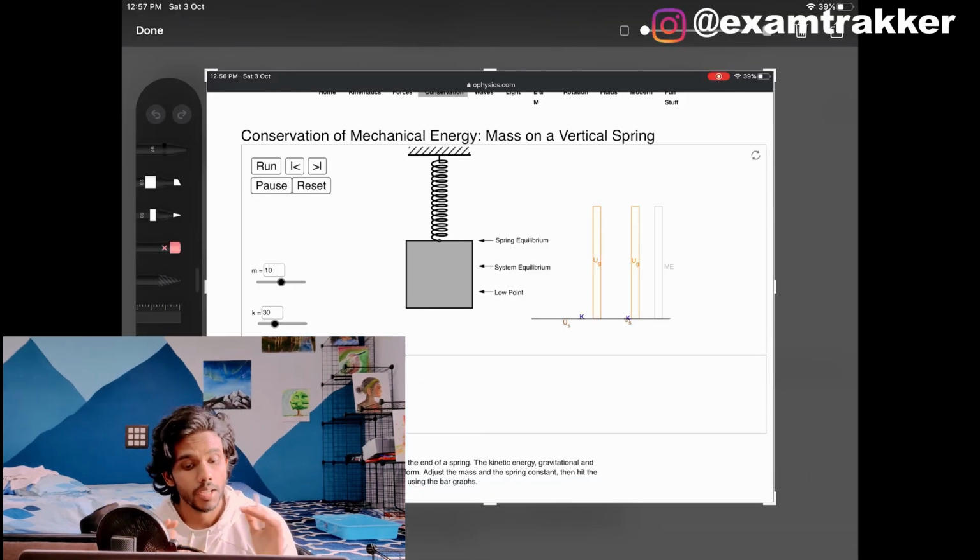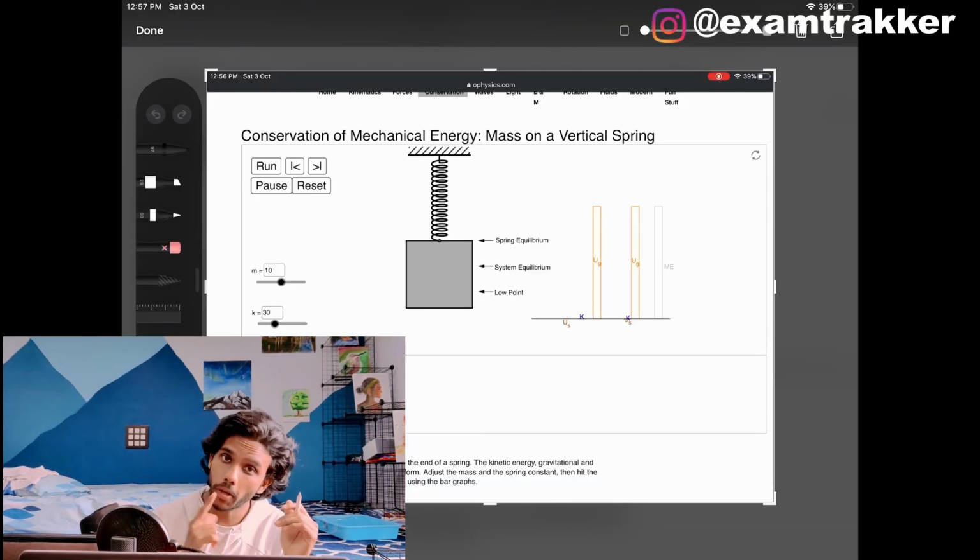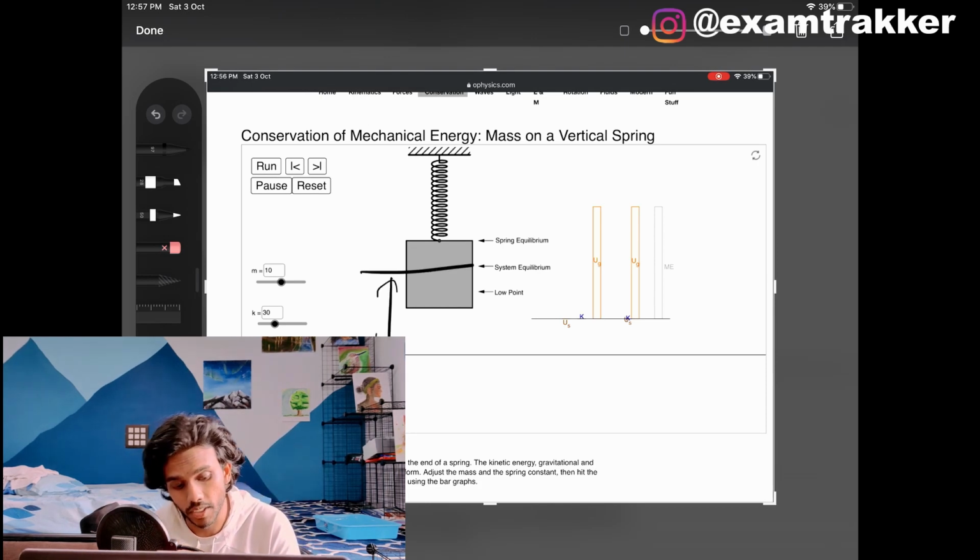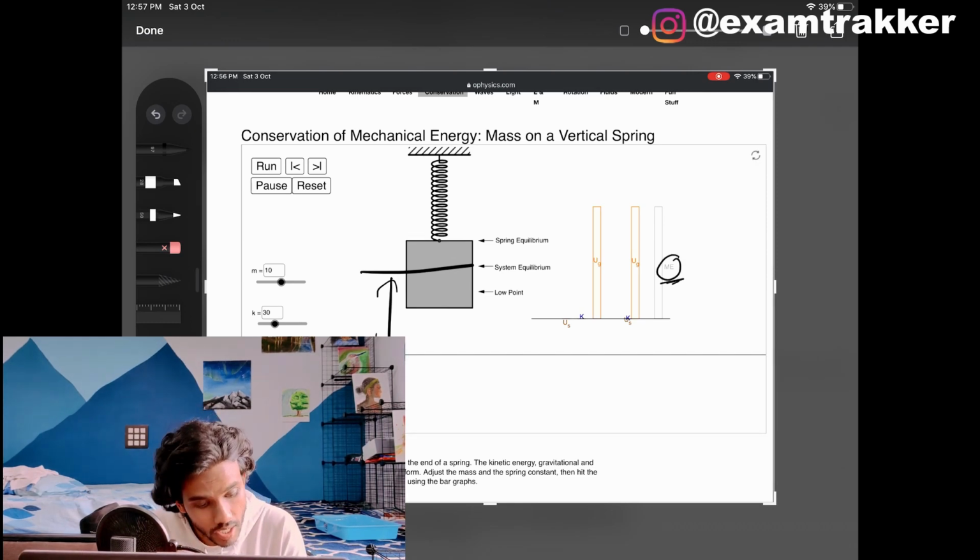Here is one more example for you. You look at a vertical spring system. Here the kinetic energy is changing, the gravitational potential energy is changing, and the spring potential energy is also changing along with the situation, right? But please try to follow me here. This is the total mechanical energy which never changes.